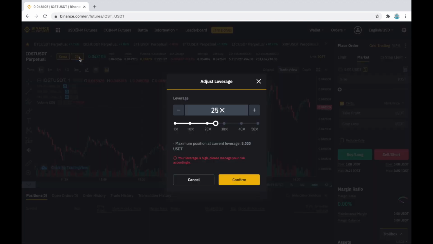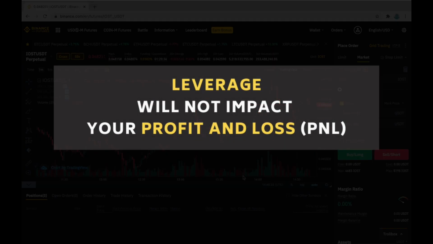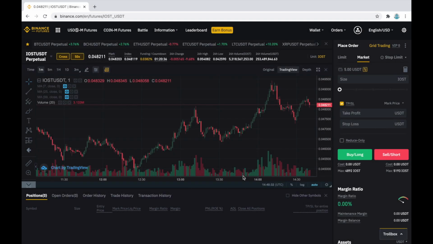Leverage allows you to buy a larger quantity of contracts with a smaller amount of initial margin. Binance allows different leverages for different pairs. For some the maximum allowed leverage is ×20, and for popular pairs it can be up to ×125. I like to use a high leverage because it allows me to trade with very small initial margin amounts. Note: leverage will not impact your profit and loss, P&L. In a few more moments I will come back to the topic of leverage, and demonstrate it with an example.